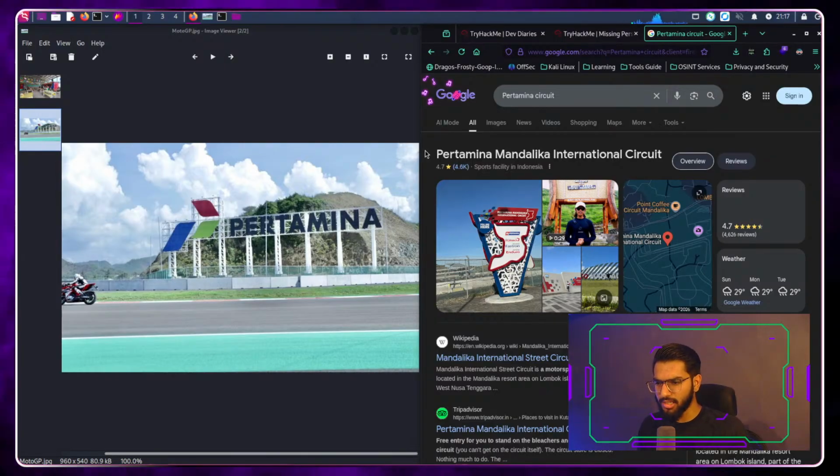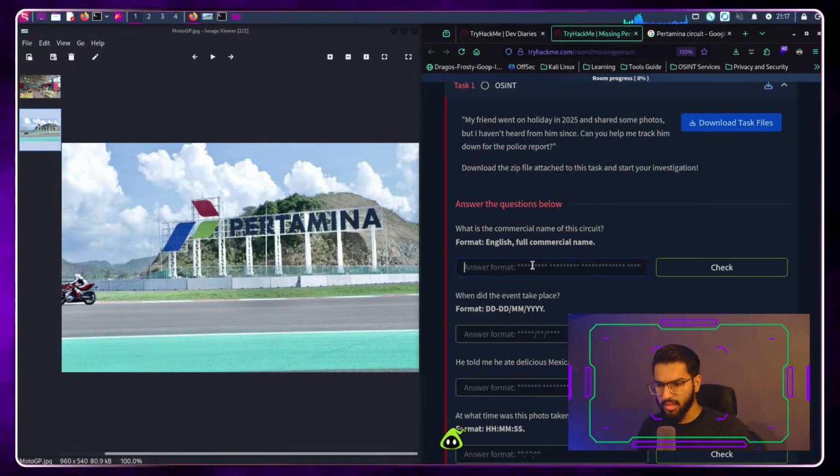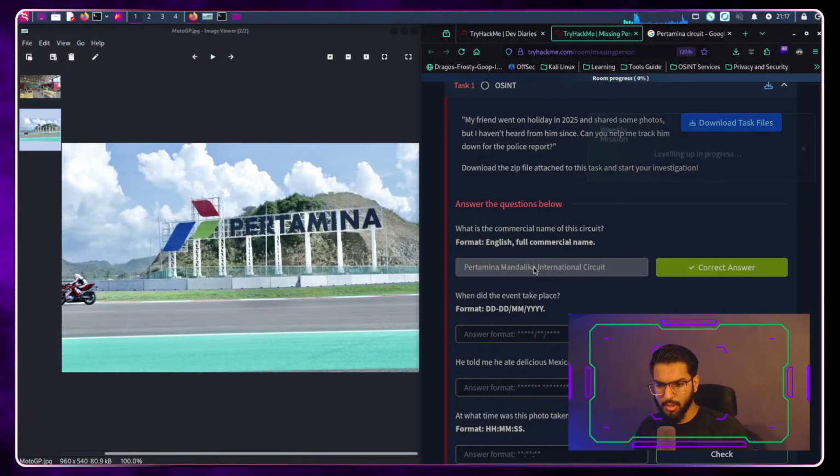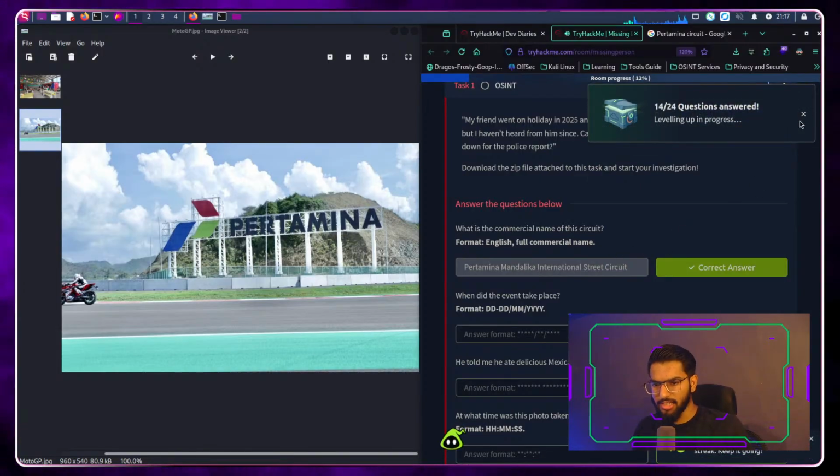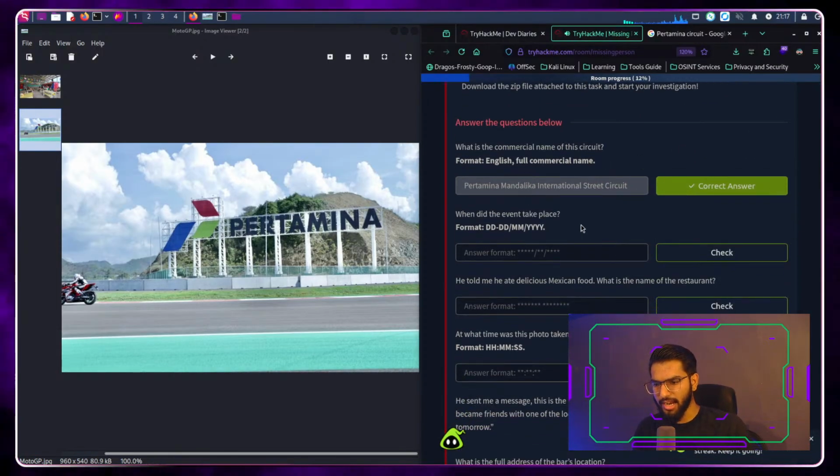Now, in this case, it's the name of the circuit that we identify, and we can see it right here from this image. Let's copy that name and submit it here. Let's check if that's the right circuit, and indeed it is. Let's go to the next question and get into what is going to happen there.